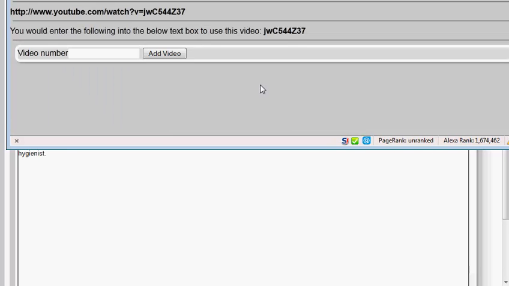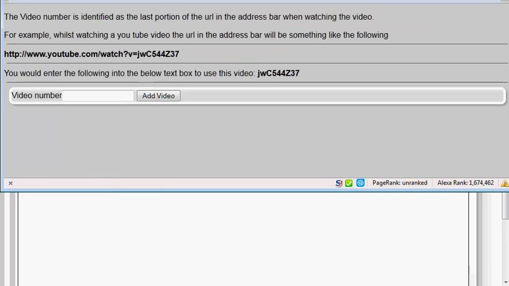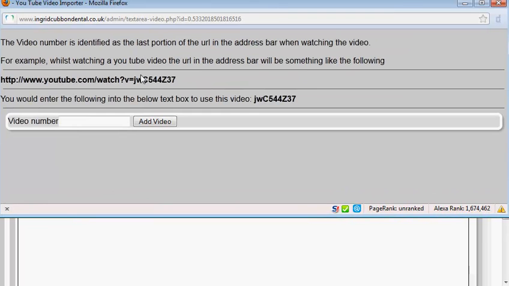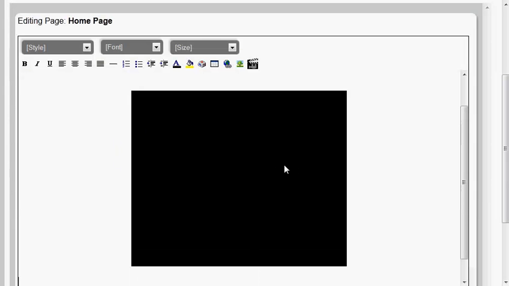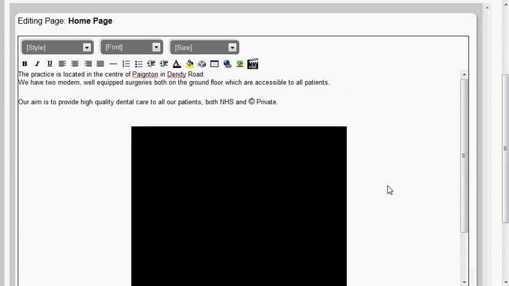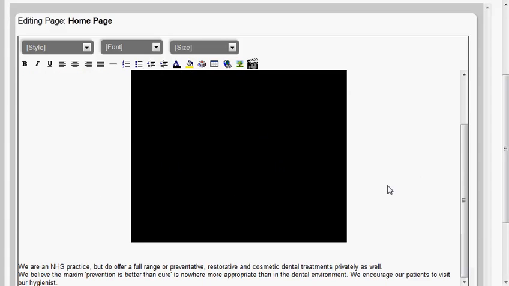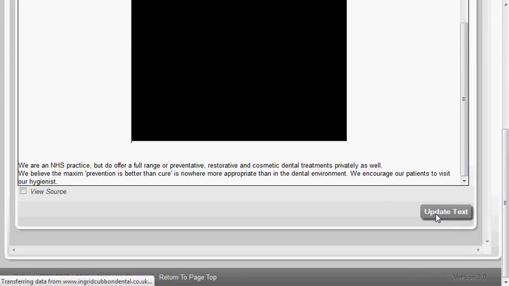which is, again, quite simple to do. You just need to find the video ID for the YouTube video, which is usually inside the URL, and just copy and paste it into there, and then you can embed the video. So you should see in a moment a big black box which indicates that there is a video inside there. Okay, and then when we click Update Text, then updates that page, and it's all instantly updated on the